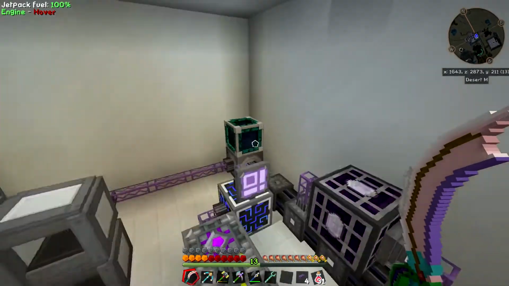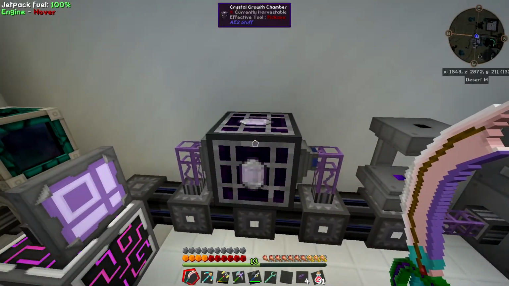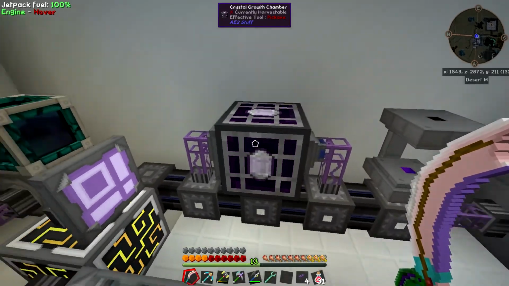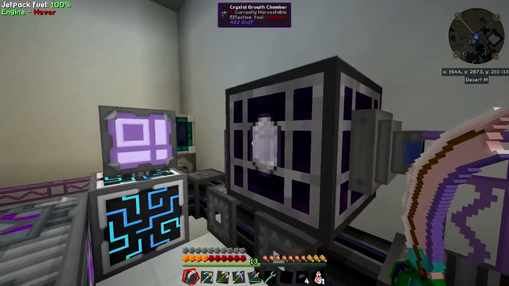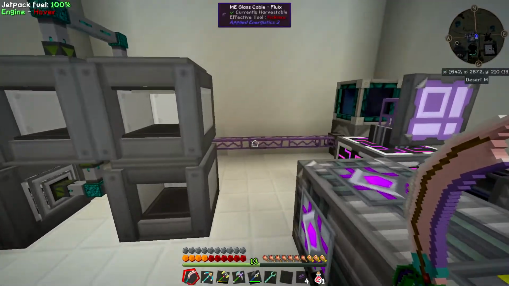So that's basically auto crafting. You get these interfaces, you put recipes into them, they interface with something, and it produces whatever you've asked it to. And then import buses, in cases where there's no auto eject, pull it back into the ME system. And you can do that for pretty much anything. In this case,